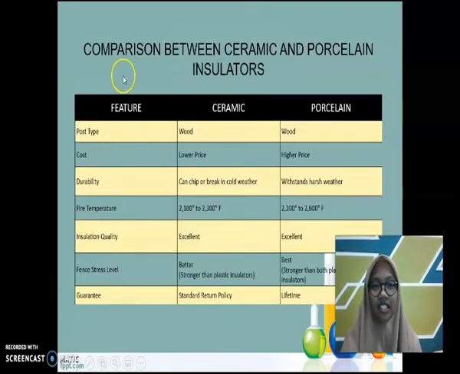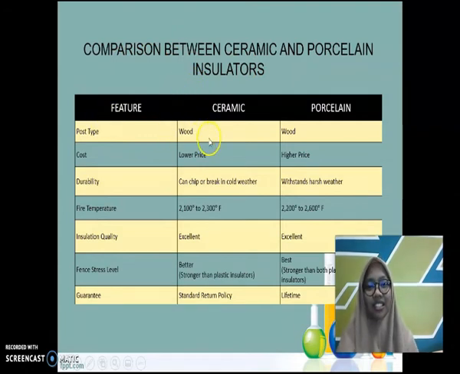And this is the comparison between ceramic and porcelain insulator. Ceramic is lower in price than porcelain, and ceramic can chip or break in cold weather, but porcelain can withstand harsh weather. Ceramic can